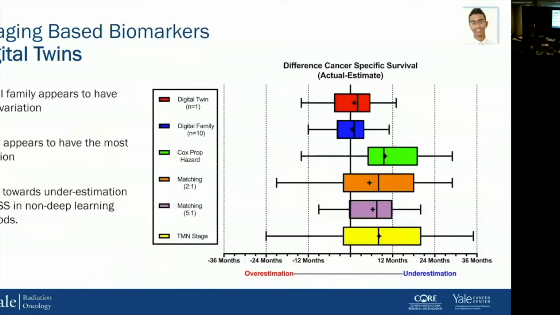And I think that we have a wide variation in terms of how we're predicting patients, which is typically what we would look at. I know that in my clinical practice, that's pretty much what I would look at as the statistic that I would mention to people. And they tend to be underestimating the survival of the actual patients. I think it's also important to note that the matching algorithms, which are based off of Euclidean distance and more off of demographic features, are also somewhat effective.